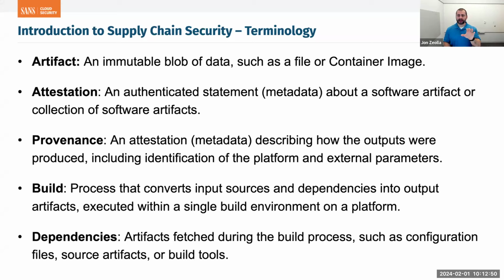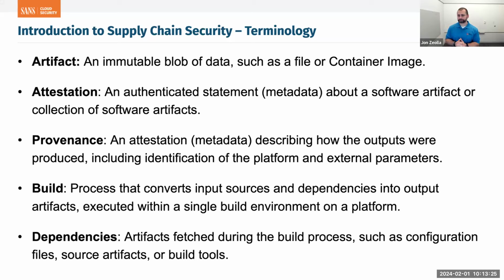Starting with artifact, right? So we've got our source code software, and in that source, we've got a bunch of individual files. One of those files could be an artifact. More commonly, when we're talking about artifact, we mean a bundle of files, maybe just zipped up, right? Maybe a Git repository just zipped up into a file, or turned into a container image, or turned into a software package, right? So you take your source, you do some sort of processing to it, and typically out comes an artifact.